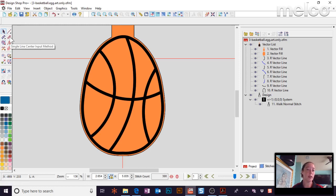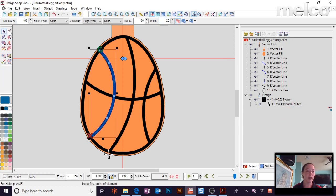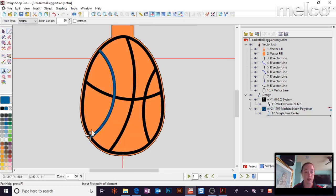I'm going to start with my single line center, and I'm going to start here. I'm just going to eyeball it because it's for fun. I'm not going to worry about it being exact. So I've got that first one. Hit enter to let it know there's the end of the shape. The default width is 20. I'm just going to accept the default width and hit enter. And you can see there's that first line. I'm going to go do my walk stitch starting at the propeller. That's how I'm going to avoid that trim. So I'm going to start here, walk down,